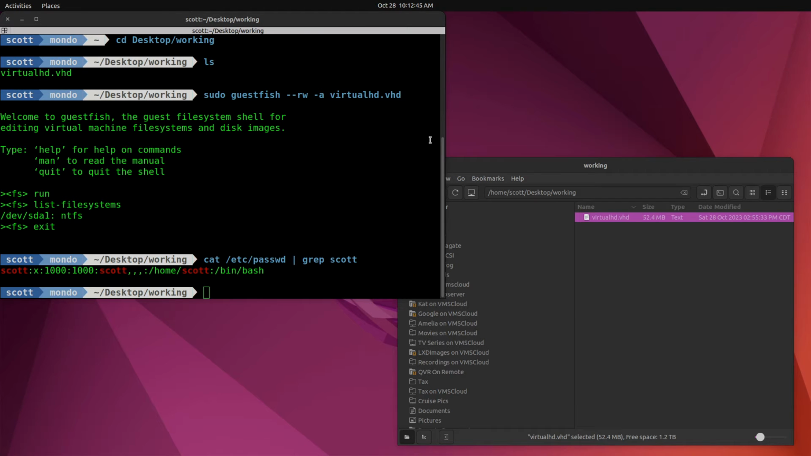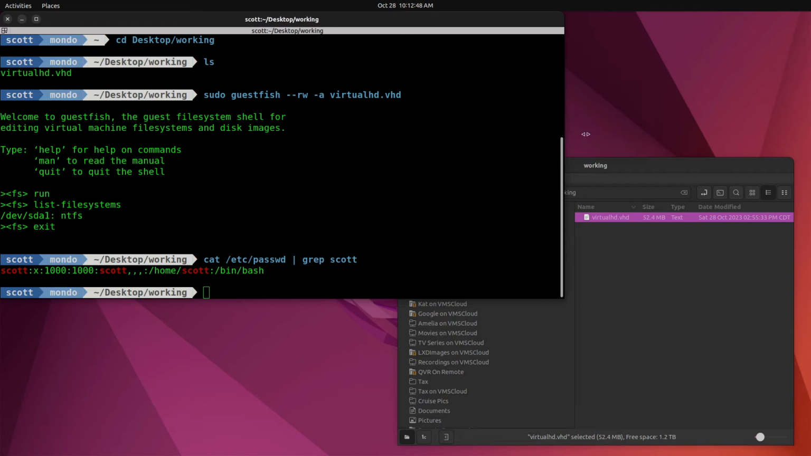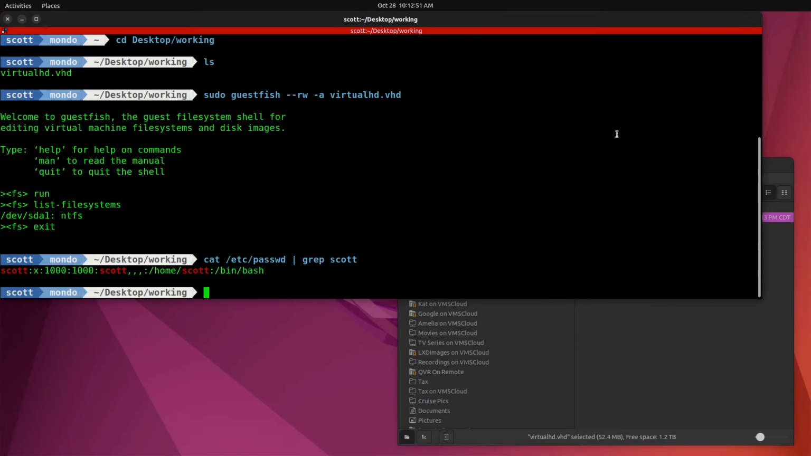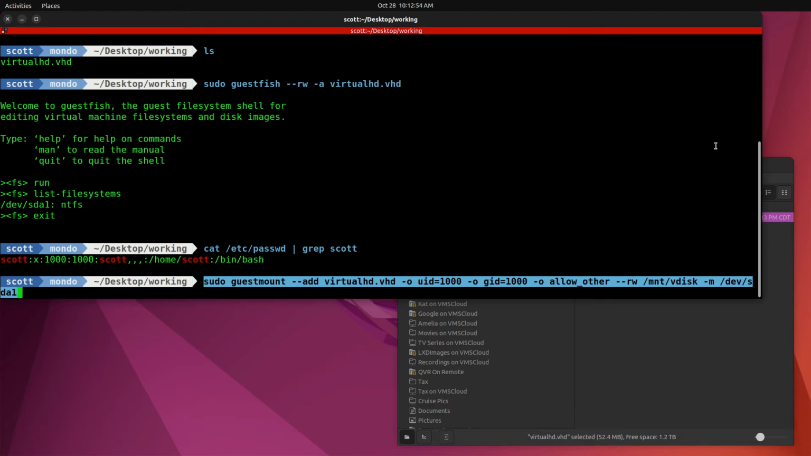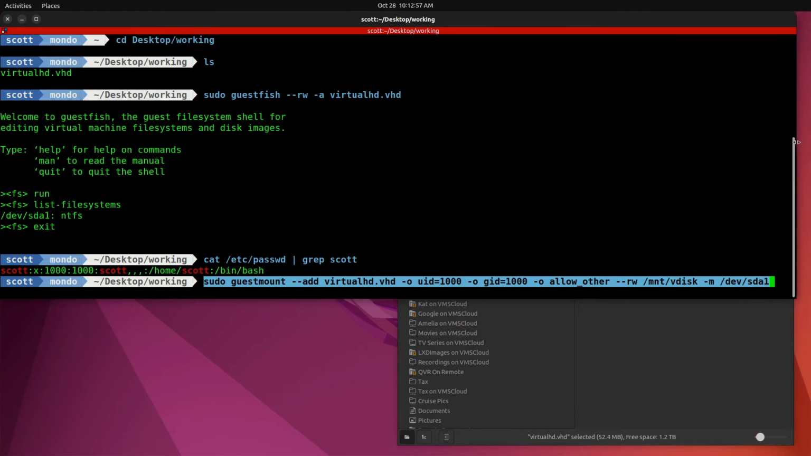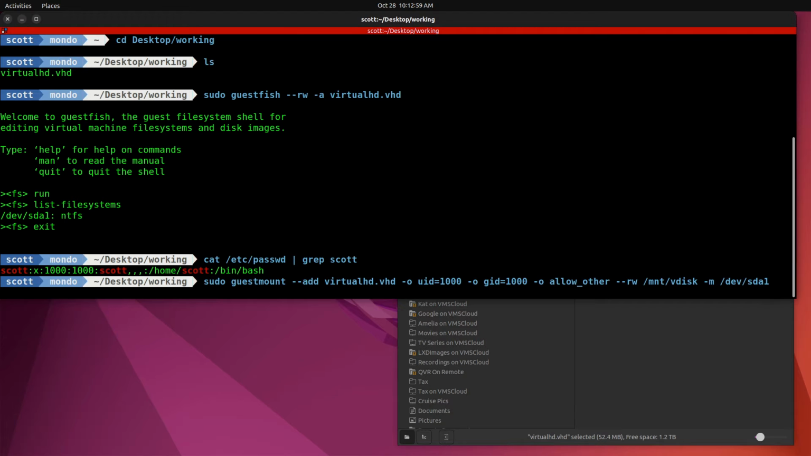Now that I have the information that I actually need, I can mount the disk. So I'm going to go ahead and stretch this window out to the side a little bit, maybe just a little bit more so we can see the entire command. And we have a sudo guestmount, which is another command line utility from that guest package we installed, --add virtualhd.vhd, which is the name of our disk image file, and then -o, the owner is UID 1000 and GID 1000, and then